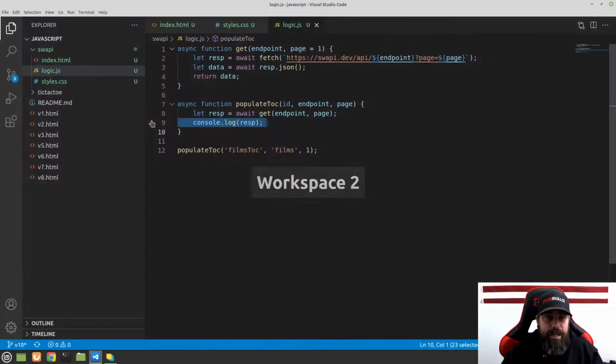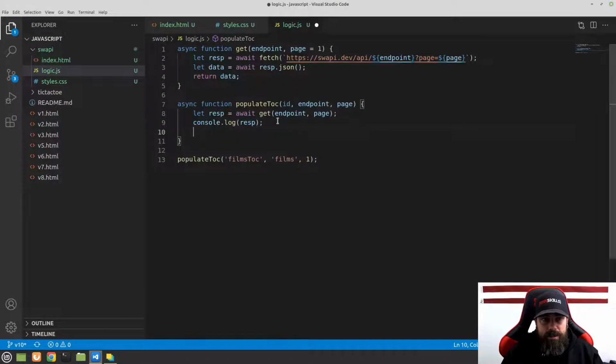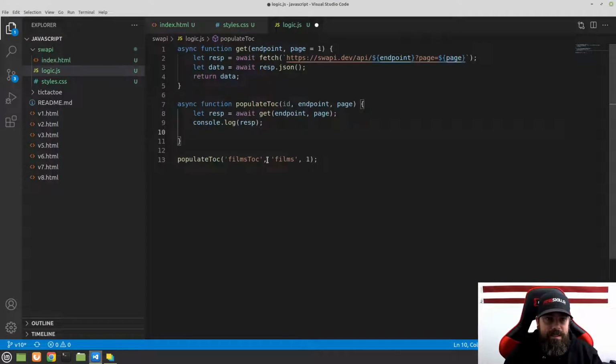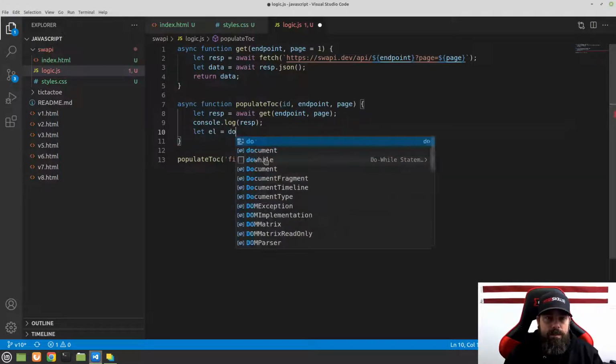So now that we have that, let's go through and populate our DOM using DOM manipulation methods that we haven't talked about yet, but we're going to learn them as we go. The one thing we can do here is go down to the next thing, and I want to grab this div by the ID. Now remember, we can use document.getElementById to do this. So let's do that. Let's say let el equal document